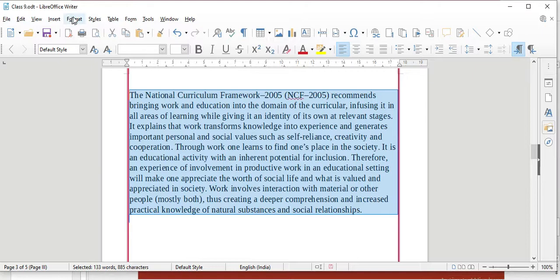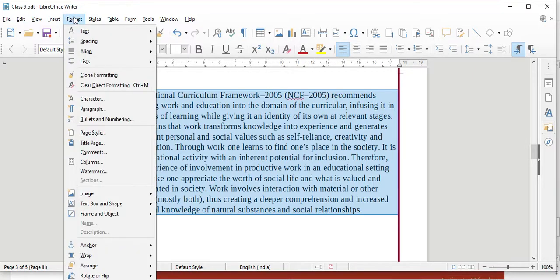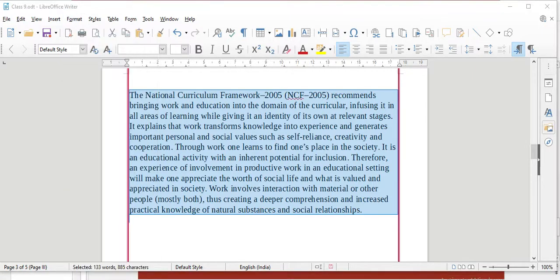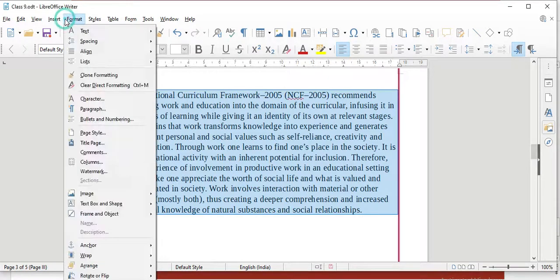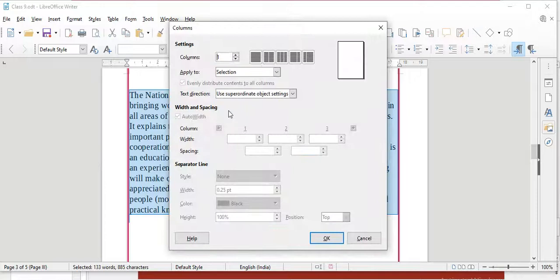Go to Format. Click on Columns. Here you can select how many columns you want: 1 column, 2 columns, 3 columns, or 4 columns. According to you, you can select. I will just select 3 for now.